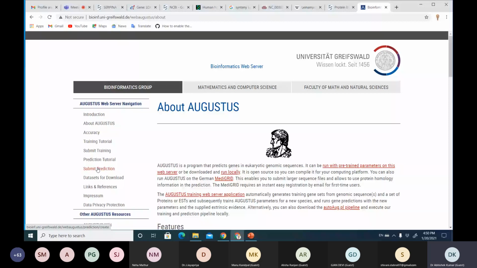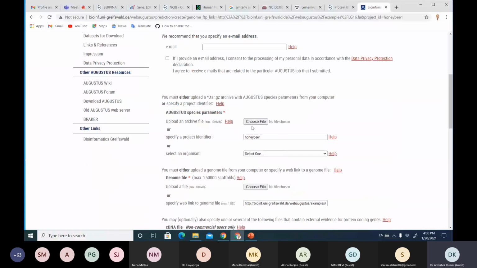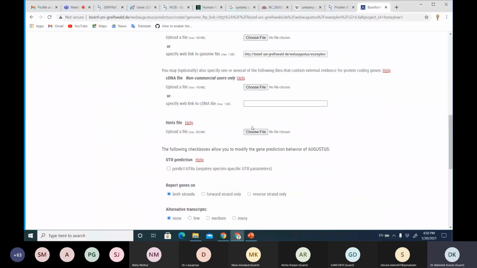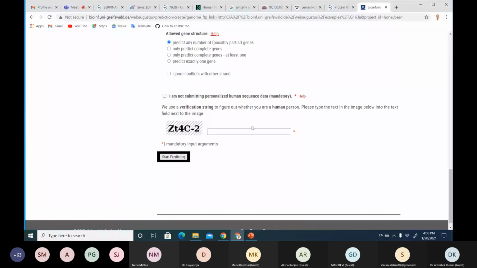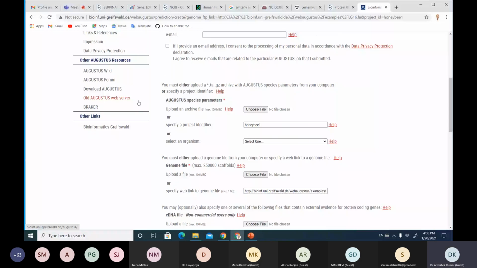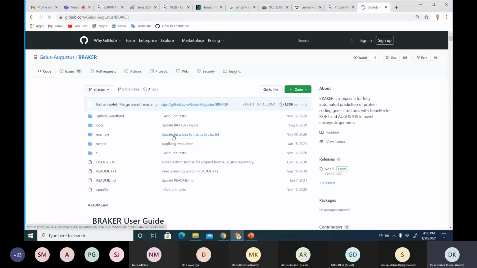So you need to provide some example, and then you fill the form as they require, and then a couple of days later they will send you the result. And if you are computationally able to do the prediction yourself, you just need to download Augustus from the web browser or GitHub. They have it now on GitHub, and then you can download it and use it